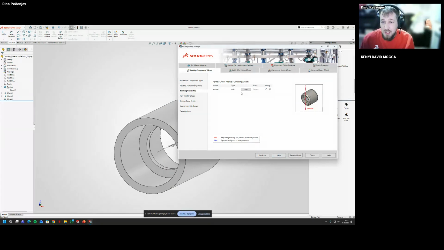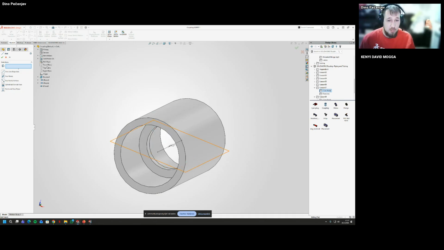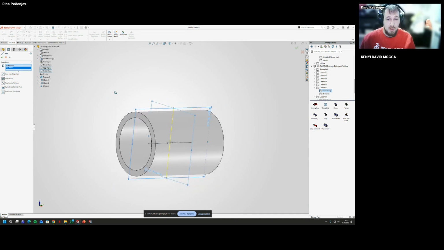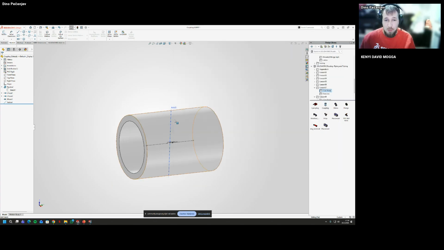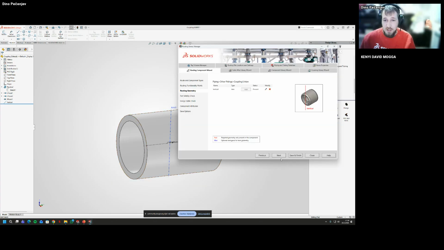So for here, we need an axis. Why is this important? When we are setting up the fittings, it needs to have an axis. So here, we can use either existing or new. I'm going to create a new axis. It needs to be vertical, so I'm just going to create it from the top and right planes. Create, and the good thing here is this will be automatically renamed later to the vertical axis.